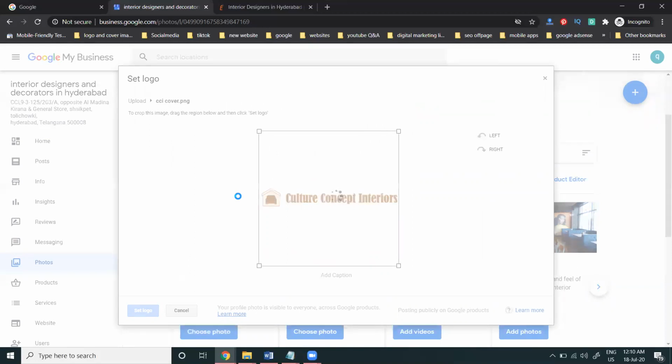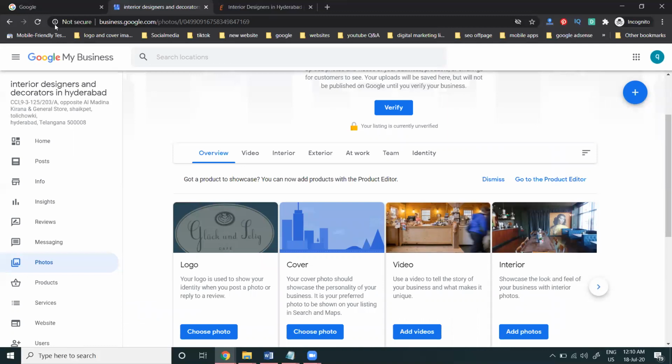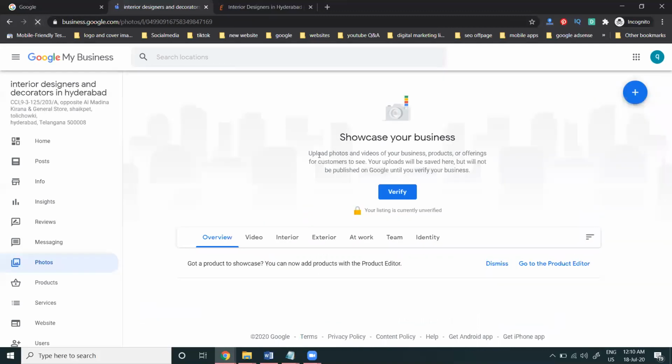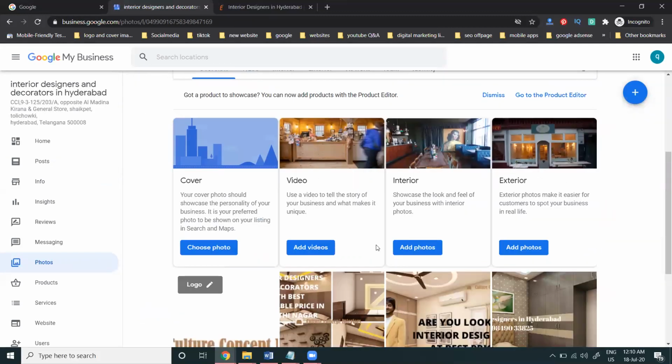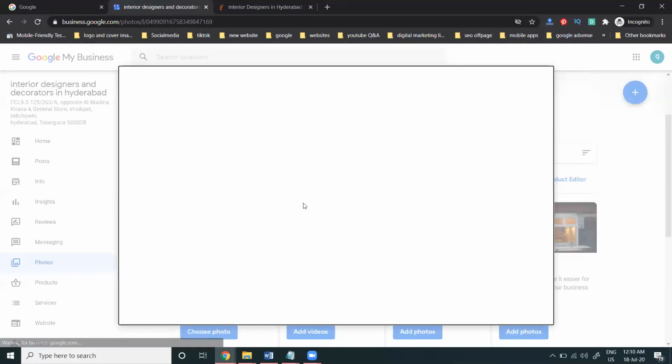Whatever information you have to fill up, complete information should be updated in the Google My Business option. That is very important. Now here, I'm just updating the logo. The complete information will be filled to 100%. It will take some time to give the update here. Every option will be there in a particular option. So add your cover photograph.